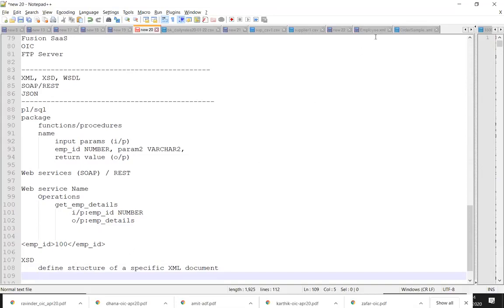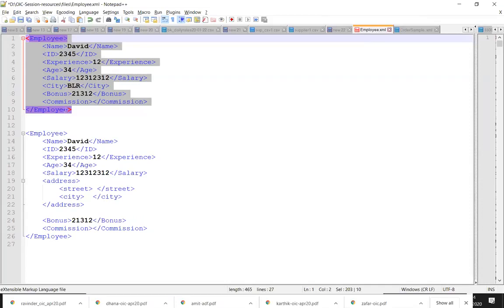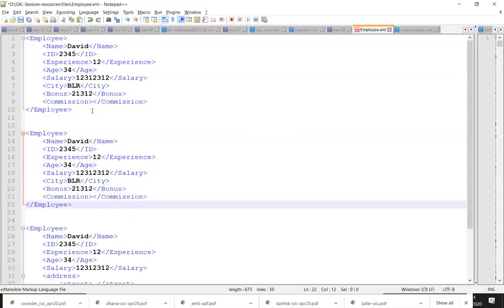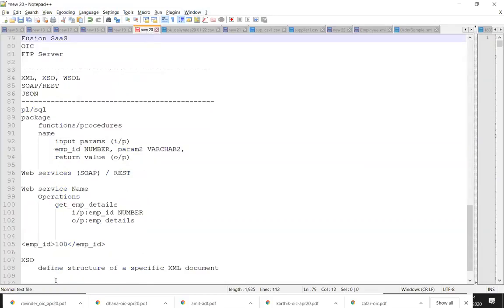Like this is employee. When I say employee like this, the employee document may be like this. It could be any other record also which is following the same fields, and the data may be different, correct? It's a different instance of that XML structure. So coming back here, the XSD is going to help us define the structure of a specific XML document.